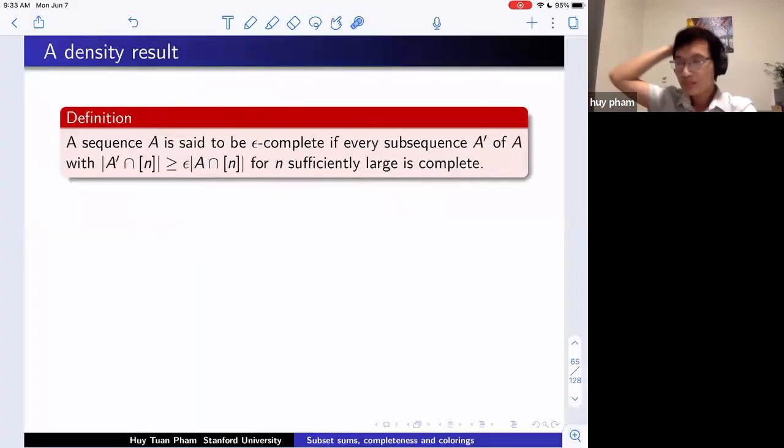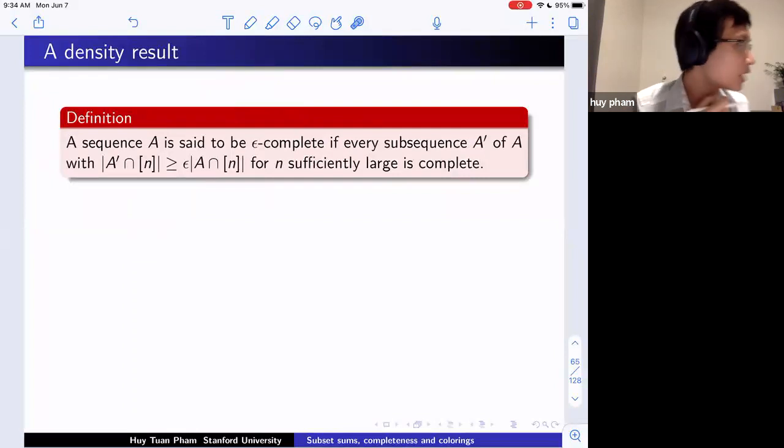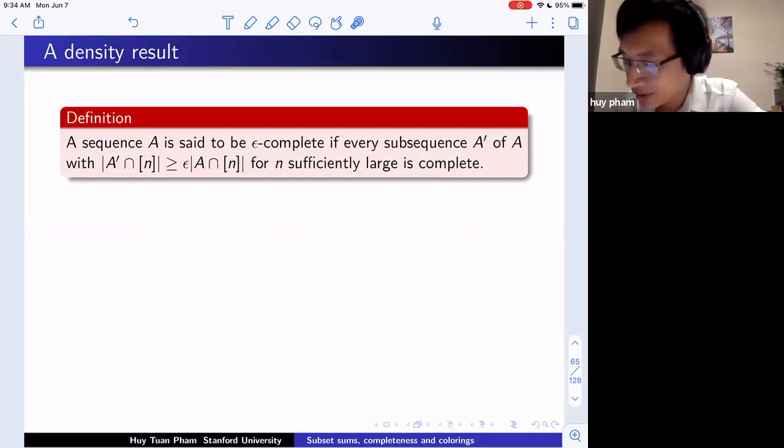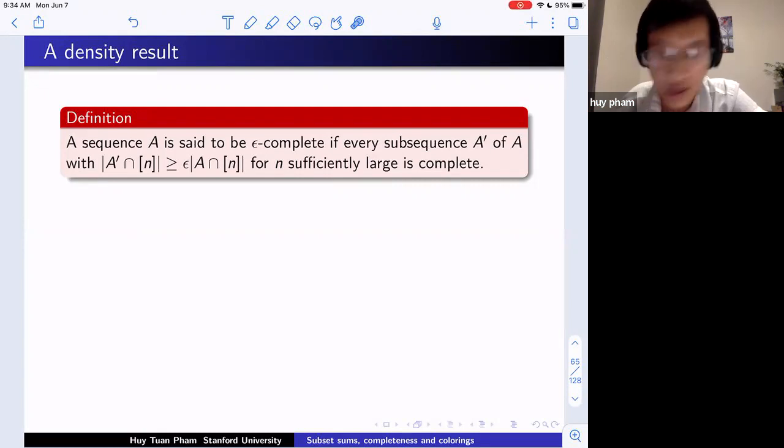We also consider a density analog of the previous notion of completeness. Our previous notion of completeness is about what happens when we r-partition or r-color the sequence A. There's a natural analog to consider: what if we take out an epsilon fraction of the sequence A? So we say that the sequence A is epsilon-complete if every subsequence A' of A, for which A' takes up an epsilon fraction of A up to any interval from 1 to n for all n sufficiently large,